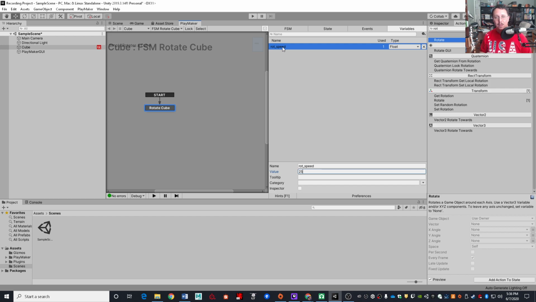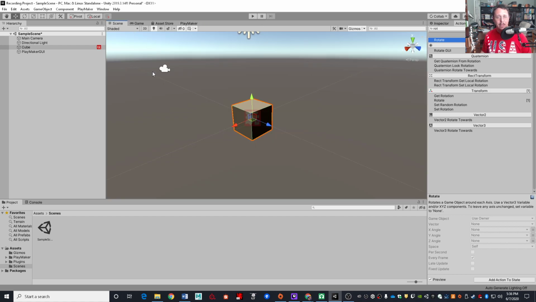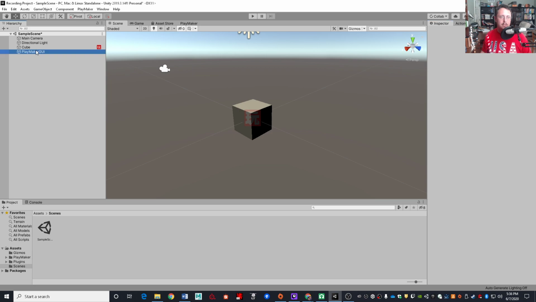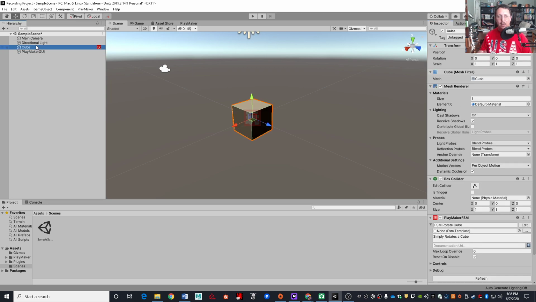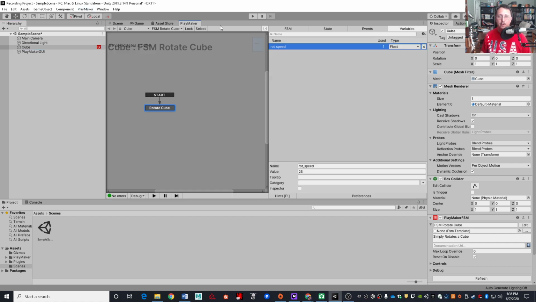And I don't even want to go into Playmaker to do this. I'm lazy. I want to be in the scene and going around and have the inspector up because I'm working with other game objects, and I want to select this cube and change its speed value. I can do that with a variable. So I'm going to come over here to Playmaker, and there's this little checkbox right here, Inspector. If that is checked,